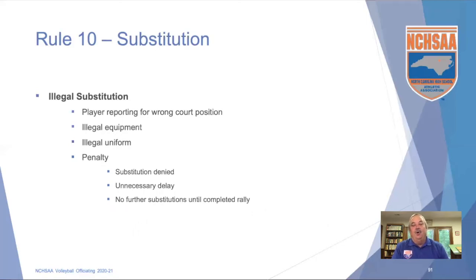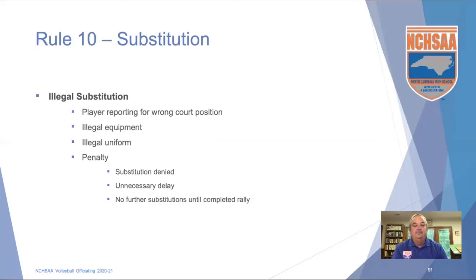So 3 and 12 are substituting for each other, and then 12 goes up to substitute for a different position, right? So they're not substituting for the position that 3 was in on the lineup card. Then that would be an illegal substitution. We will deny that, and again, we're going to do the unnecessary delay, and we're not going to allow any further substitutions for that